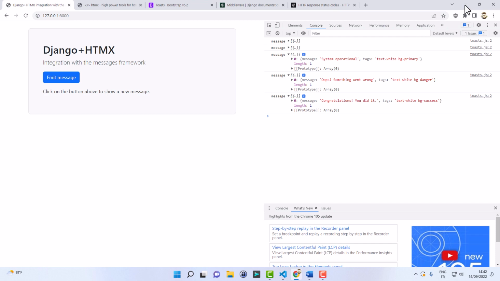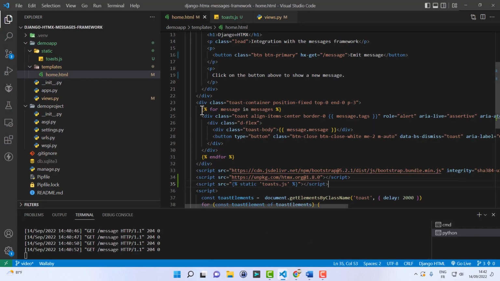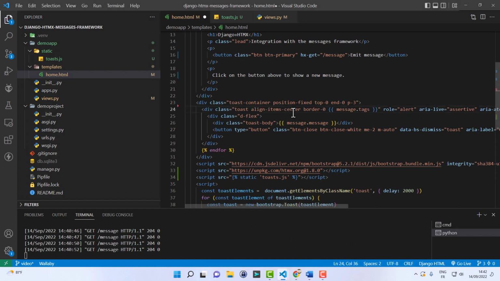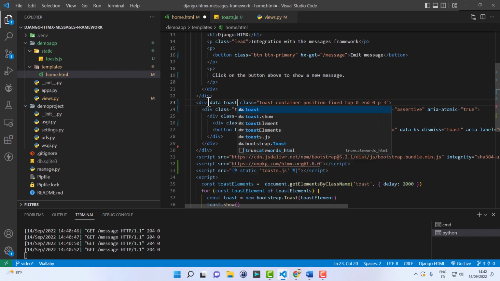Now let's update the template. I'm going to remove this loop because message is not set in the context. So obviously we don't have a message yet. Let me mark this with a data attribute so that we can easily find it in JavaScript. Let me call that data-toast-container.